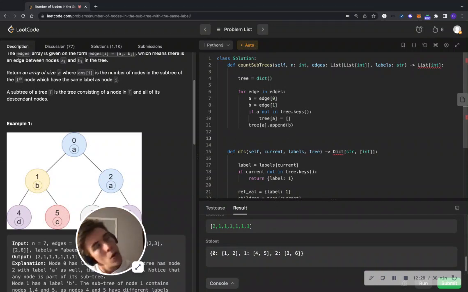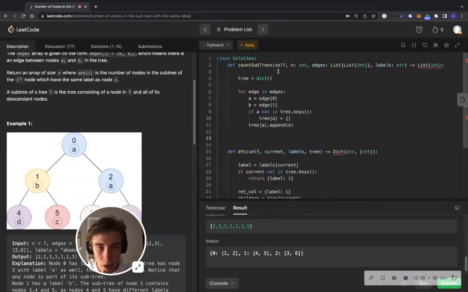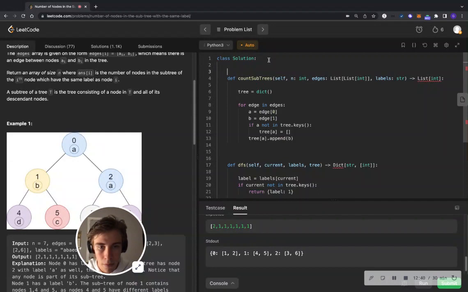But the returning value is actually an array of the number of occurrences of those letters, right? So we can say self output is equal to an array of zeros times n,